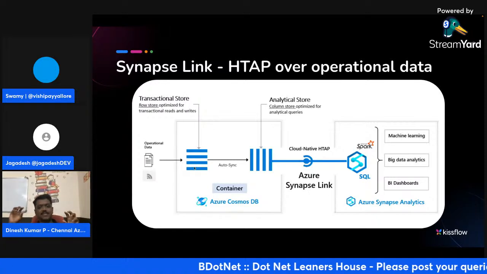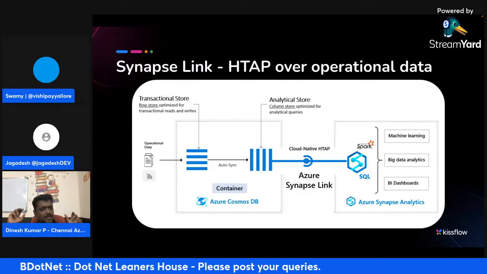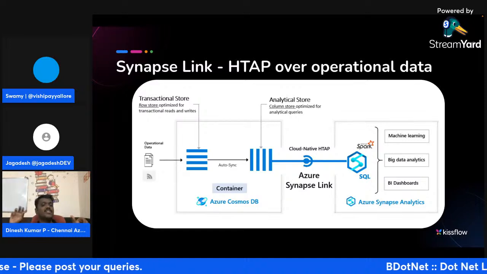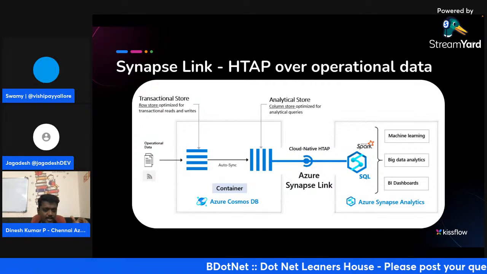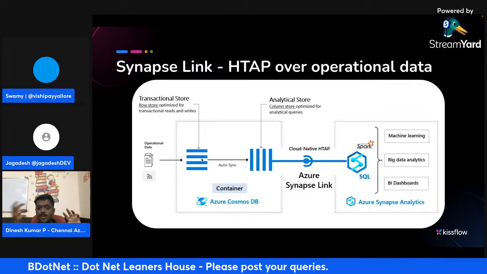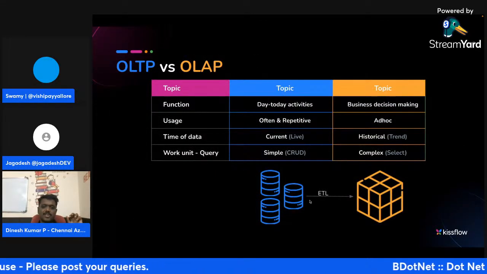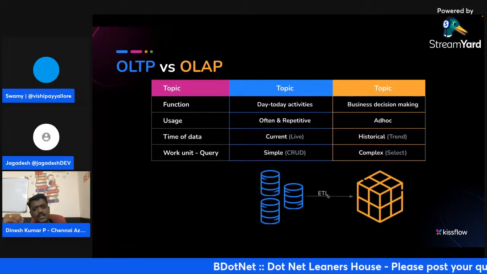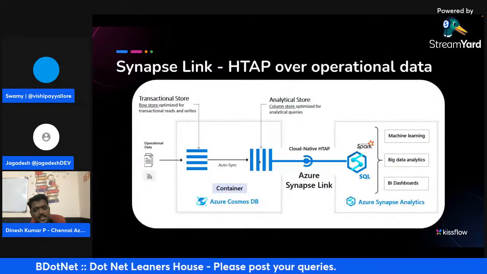But as I told earlier, for analytics purposes, the raw format stored data will not be optimal, or will not be efficient to handle the queries. So this raw format data needs to be converted to column store format. If it is not Synapse Link, you would need to do an ETL to store it in a column format. And over the column format data, of course,